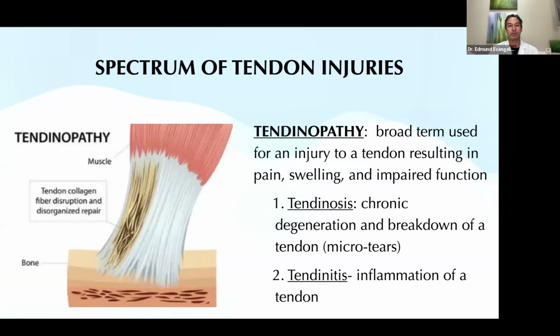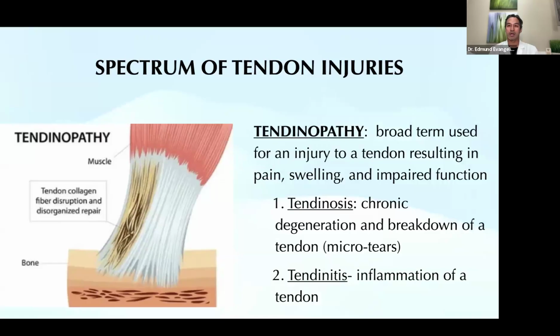So I'm going to briefly review the spectrum of tendon injuries that we see. First, we have tendinopathy. This is a broad umbrella term that we use for an injury to a tendon resulting in pain, swelling, and impaired function. Now you have tendinosis, which is a subcategory of tendinopathy, which is chronic degeneration and breakdown of the